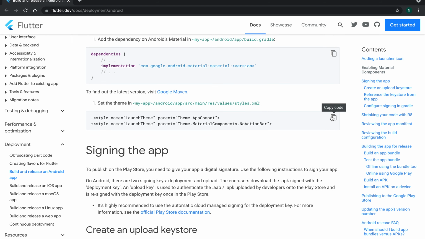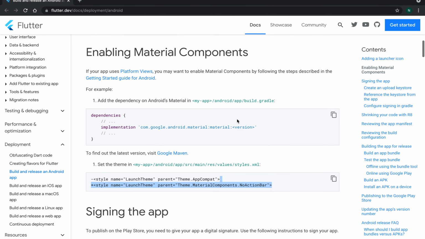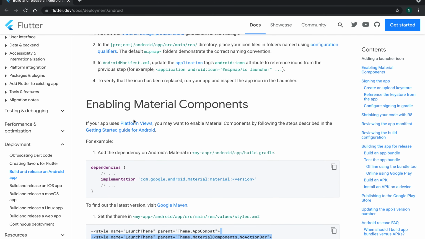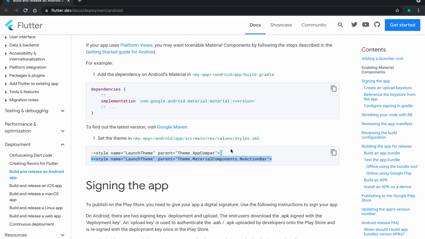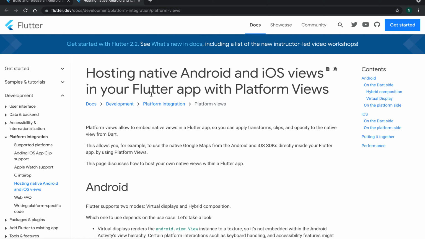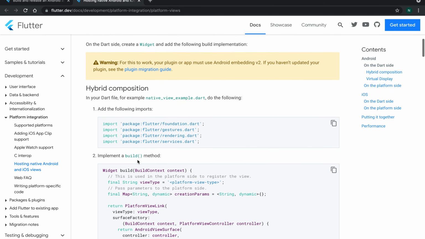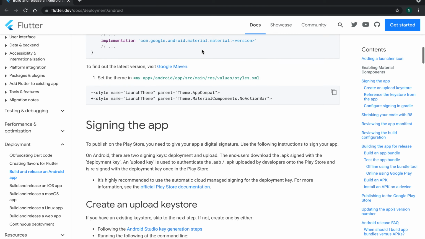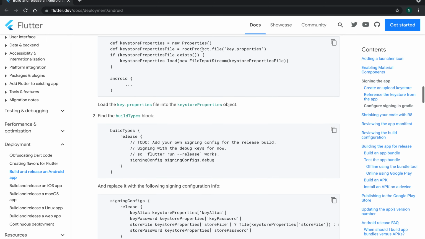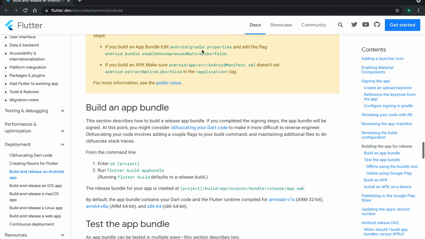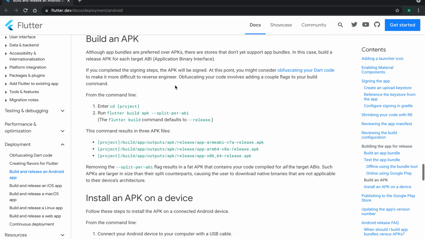Okay, then what we need to do, that's it. So I don't do this, just leave that. This is because we are not using any platform views. Then I'm not going to be uploading it to Play Store, but you can, and just configure all that. But just scroll down, building the app for release. So in here